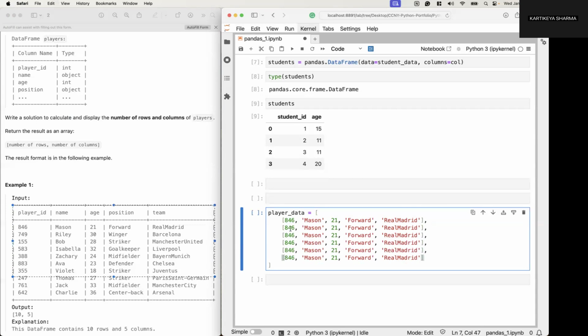And I'll change some of the numbers, 749, 155, 583, 388, and 355. You should also be following along because this is great practice for you to start coding with Python. Isabella,